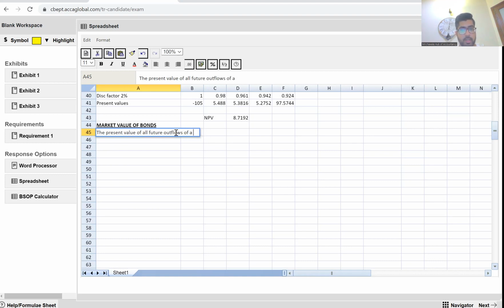So what are the outflows of a bond? Interest plus redemption,